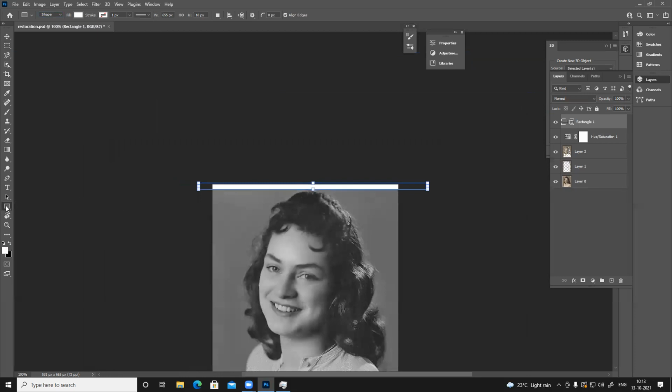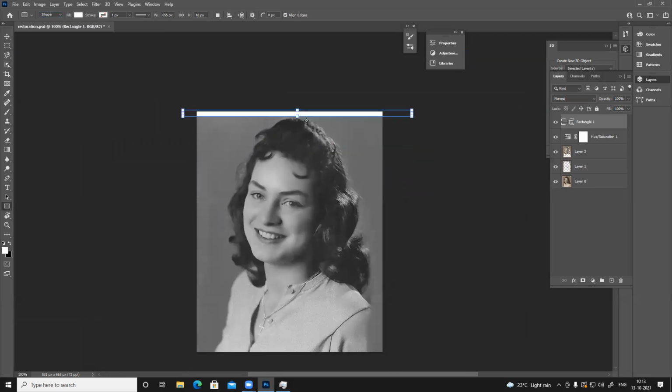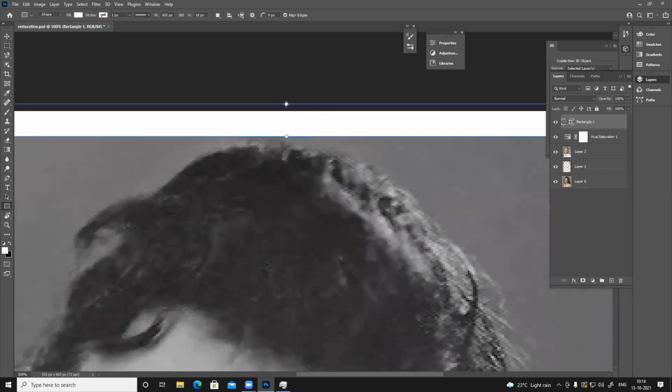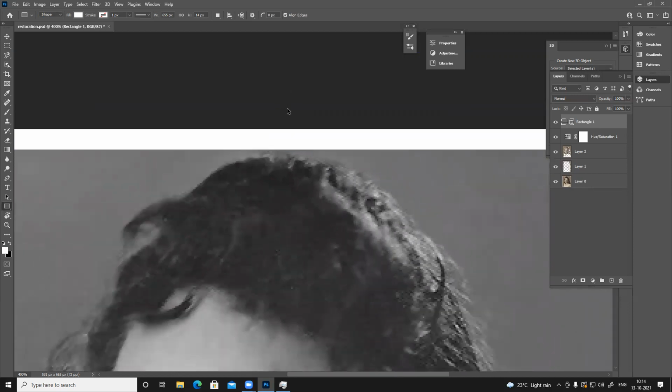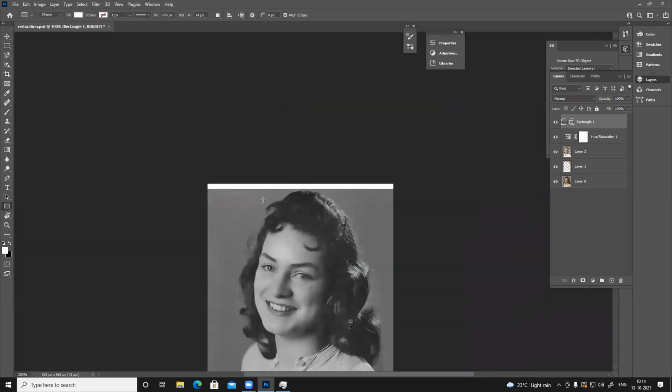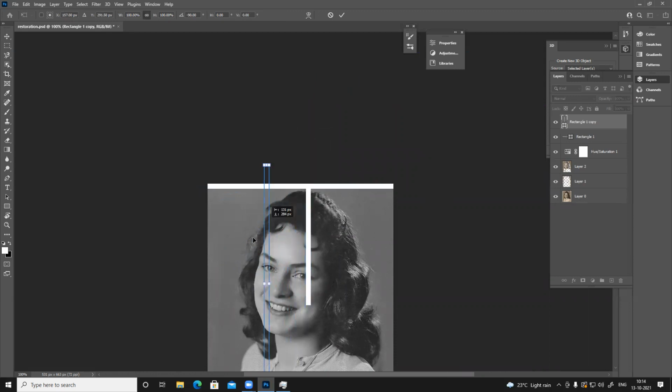This shape is vector. So what I can do here is use this shape and snap it here. It will automatically snap by default. Enter. Because I want the same thickness on all the sides, Control J for duplicate, Control T for transform. Rotate, and if you hold Shift, it will snap every 45 degrees. So 90-degree snap, and I can place it here.